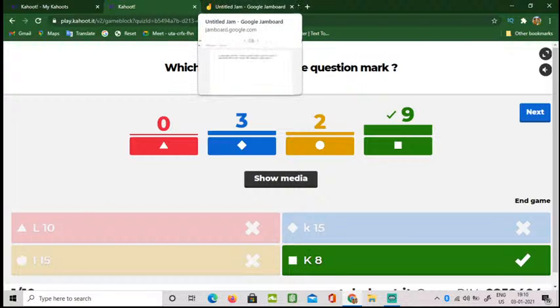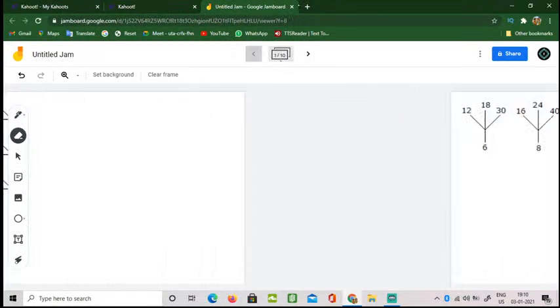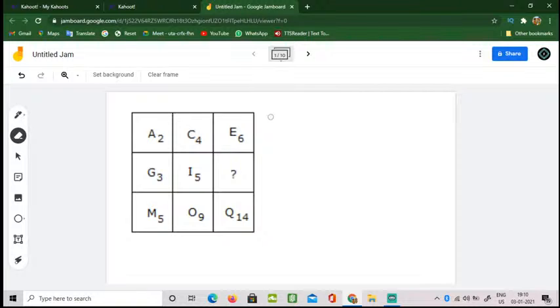So now let me explain you. I think you all can see my screen, right? If you all can see my screen, I want you all to put a thumbs up in the chat box. Okay, I didn't get any reply in the chat box. Can you all see? Okay, so let me say